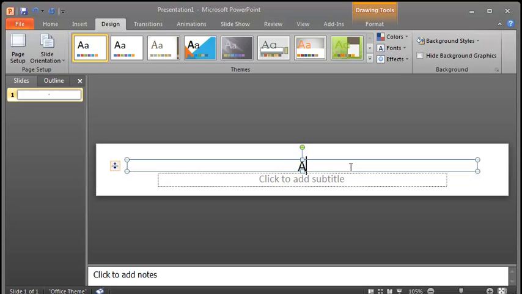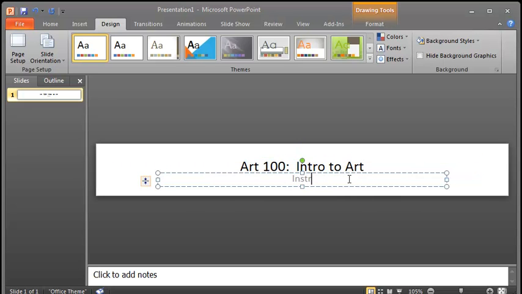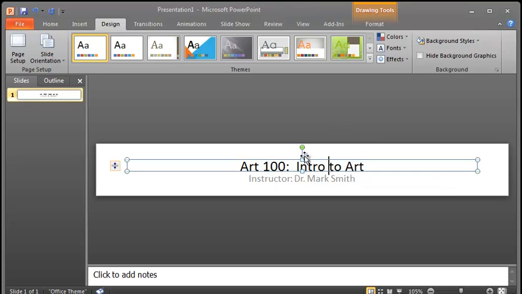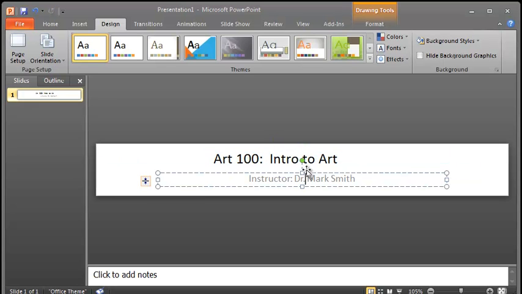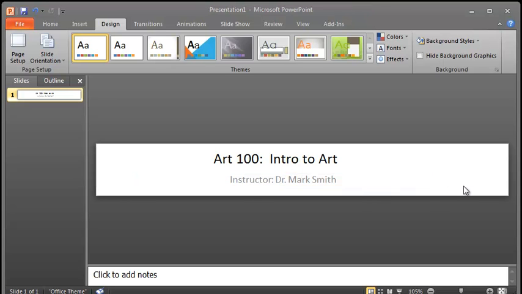You just click on it and you type. So I'm going to do Art 100. Intro to Art is the name of my class, and the instructor for this will be Instructor Dr. Mark Smith. Okay. So now, just like in PowerPoint, you can always move those around. See when you move to the four-way arrow there, you can move them around,